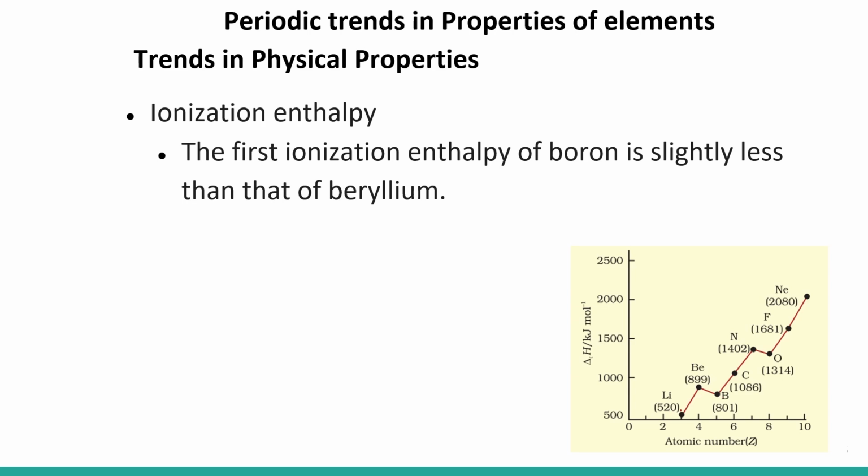If we move from lithium to beryllium, there is an increase in ionization enthalpy. Okay, it is okay. But as we move from beryllium to boron, it is not so. And why is it so? The answer, we will get from the shielding effect. So if we write the electronic configuration of both of these,